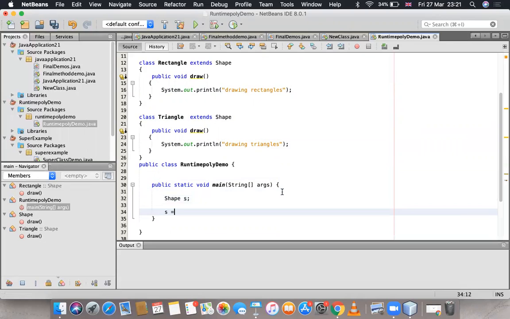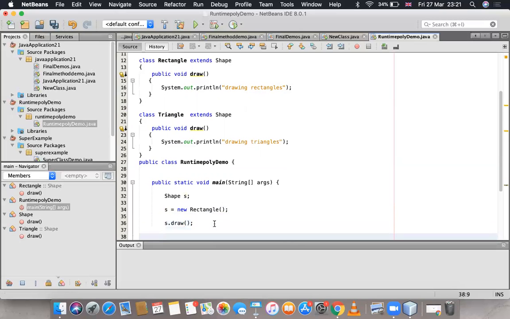Then I'm writing s = new Rectangle. This s is a reference variable now, and it is being assigned to a new Rectangle, and then I'm calling s.draw. And then again, I'm writing s = new Triangle.